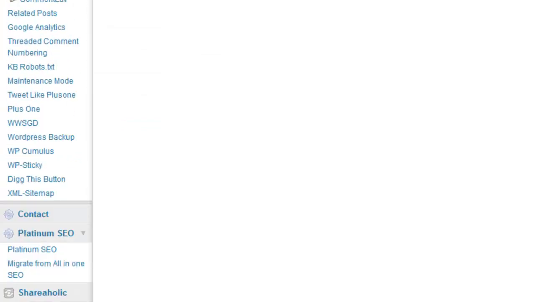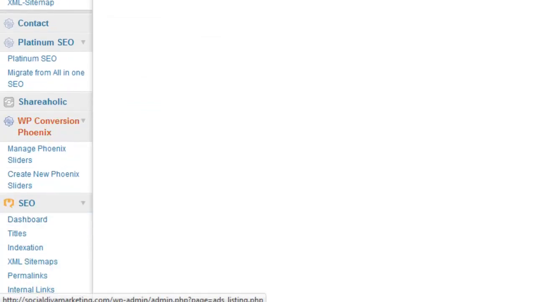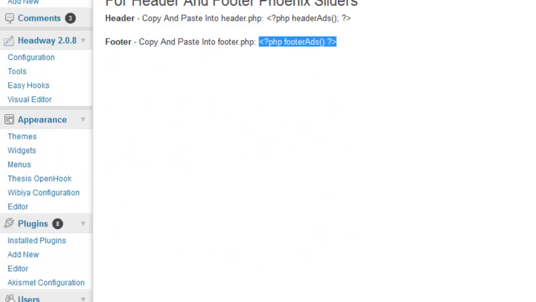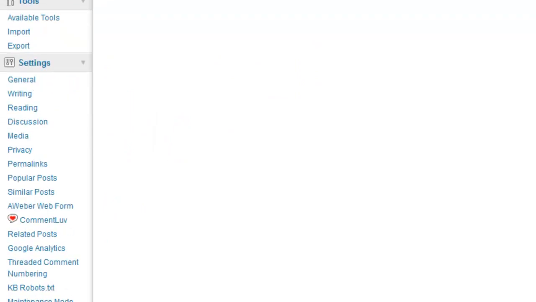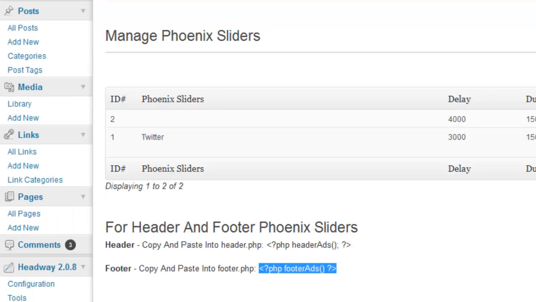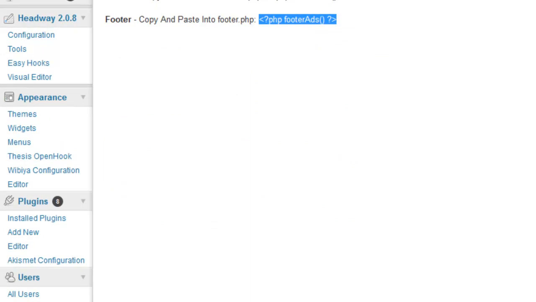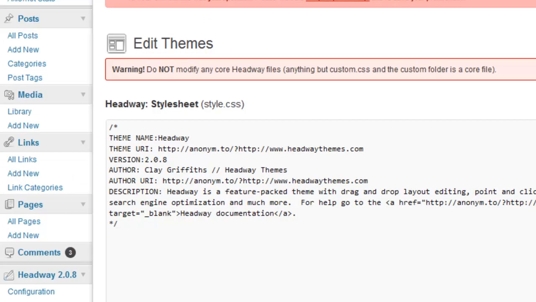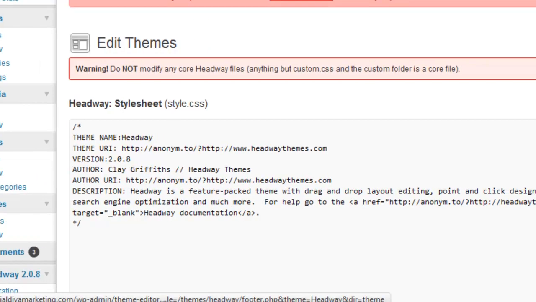So if you go back to Conversion Phoenix, scroll down, highlight the code, make sure that you get both of the little arrows in there as well, copy and paste that, then go back to appearance editor, this time click on footer, so it's footer.php,